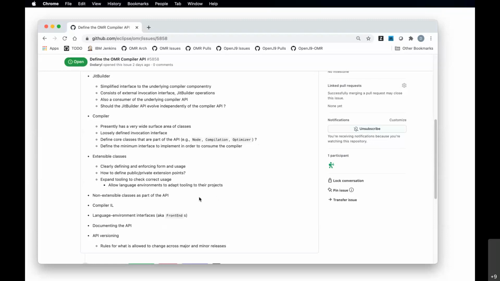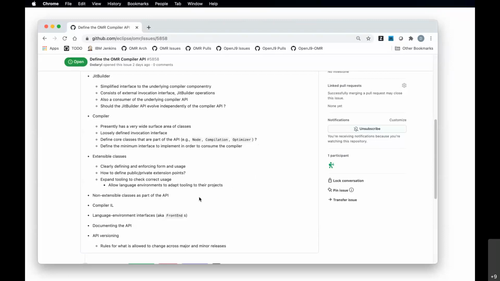All right, and then perhaps looking at yet another aspect of the API within the compiler itself. There's the idea that you've got a language environment consuming the compiler, and we are potentially going to be defining an API for that consumption.